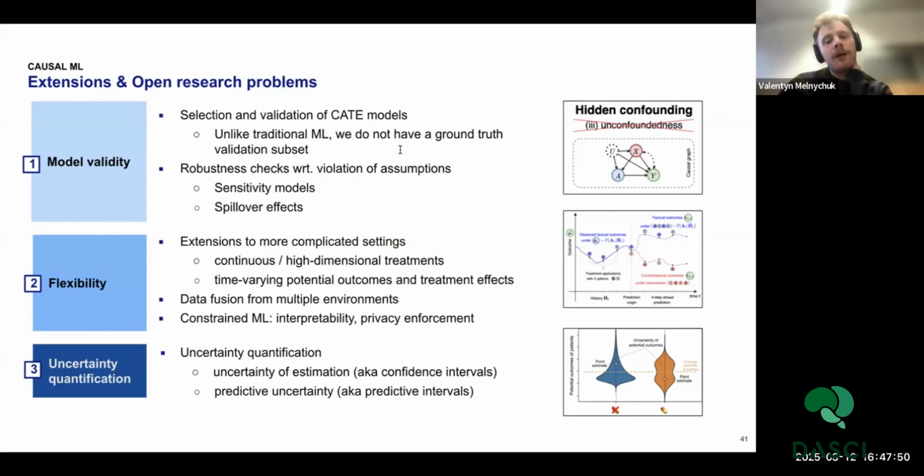Toy academic data. Did you mean synthetic data sets? Yes, I think it's also a very nice question. If you read the causal machine learning papers, you would see they all use synthetic data sets, but that's rather a proof of concept. It's nice that it works on the synthetic data set, but if you have a brand new data set from the real world, you don't know how similar it is to your synthetic data sets. So I would say the synthetic data sets just show that your method works in principle, but